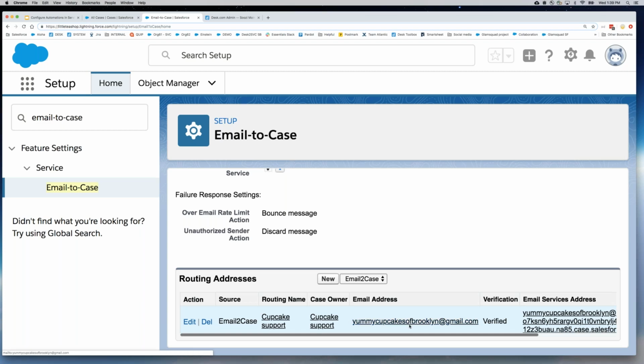This is my email address that I've connected to Service Cloud. So this is my routing address. If anyone emails into yummycupcakes at gmail.com here, then it would create a case in my service console. So what you would do,